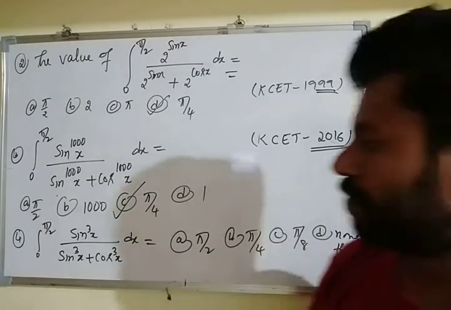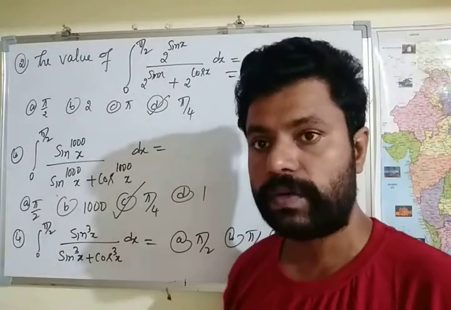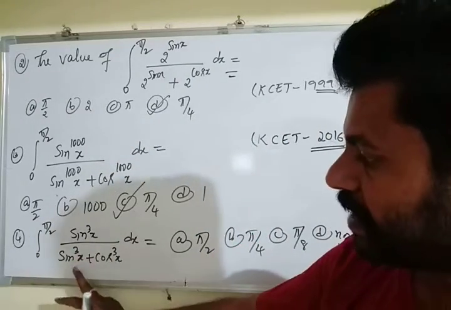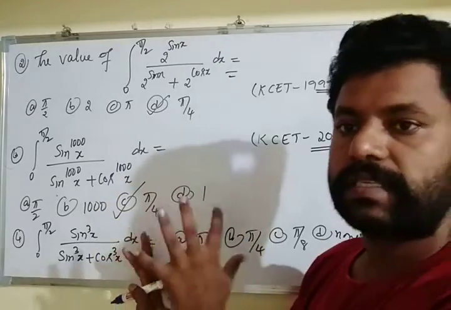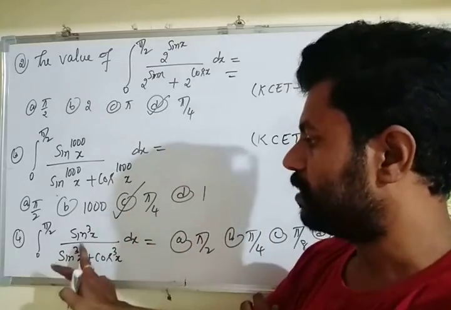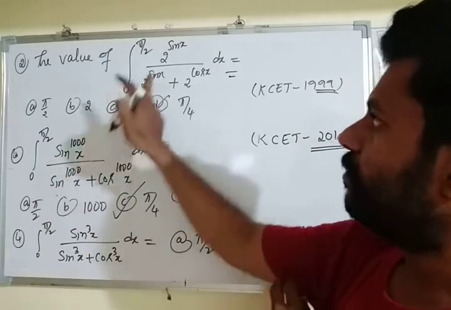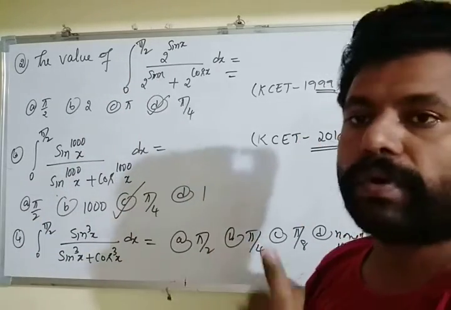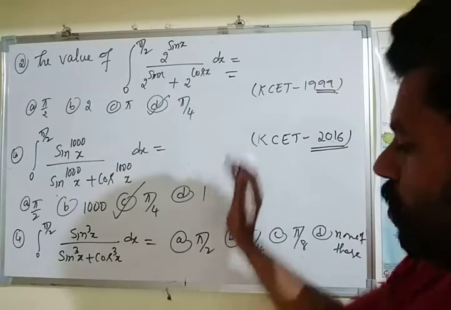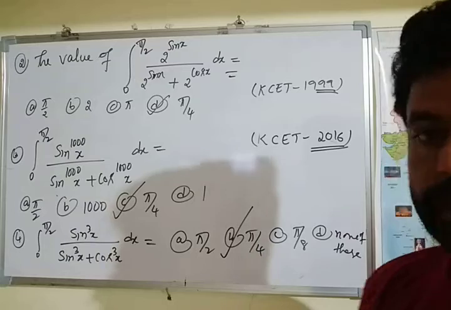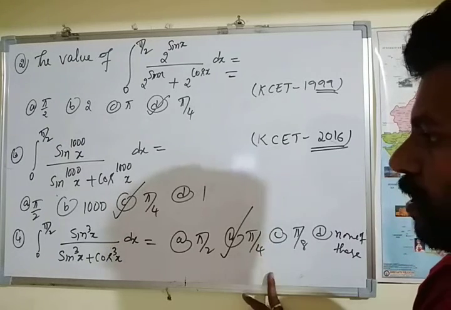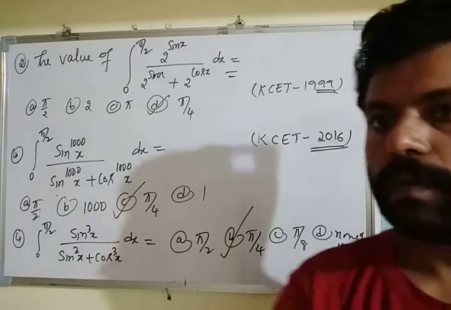So now here we have one more term, simple results, integral of 0 to pi by 2 sin cube x divided by sin cube x plus cos cube x into dx. See, function results same, but here we have different power results. 3 here we have 1000. Here small change, that is as 2 to the power sin x divided by 2 to the power sin x plus 2 to the power cos x. Here also we get same answer, pi by 4. Here we have option B is pi by 4 is correct option.